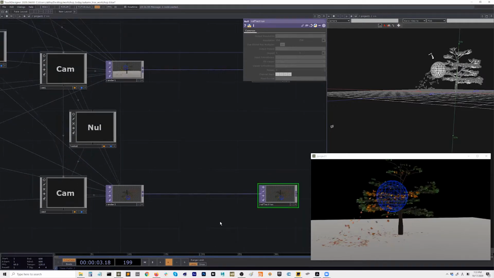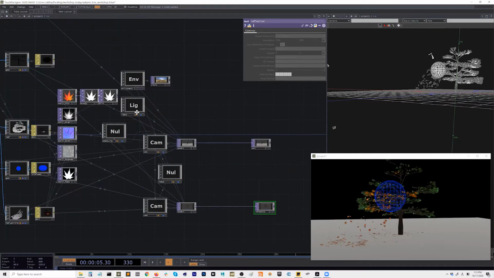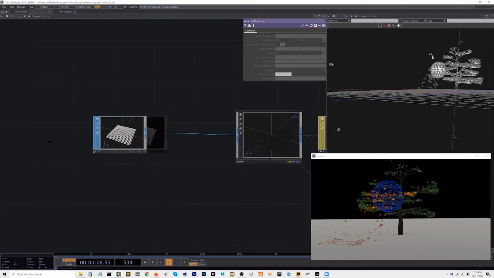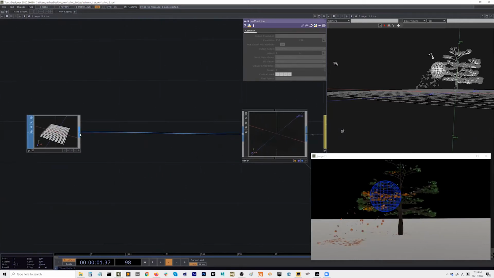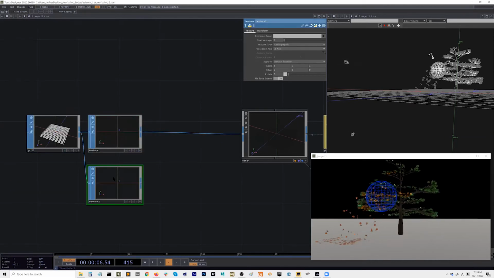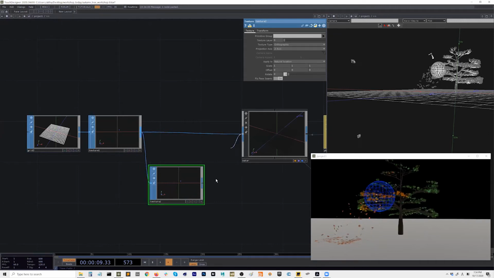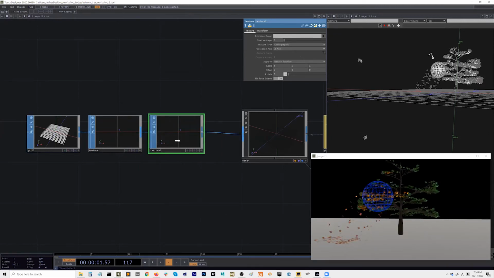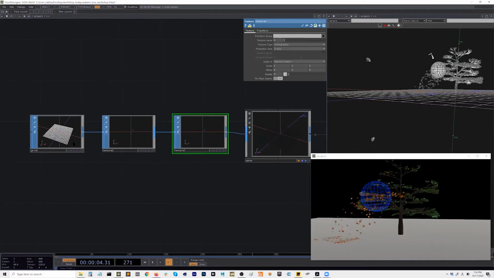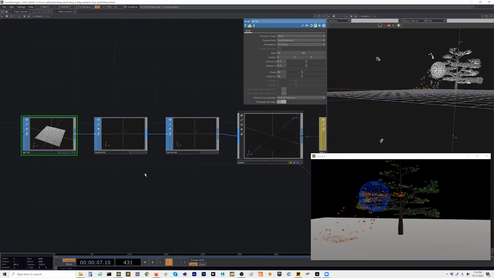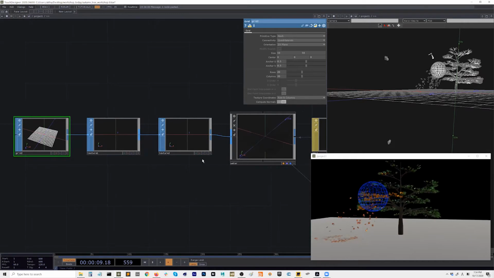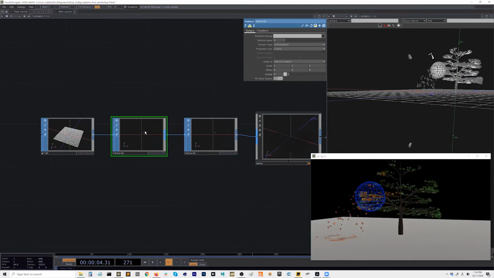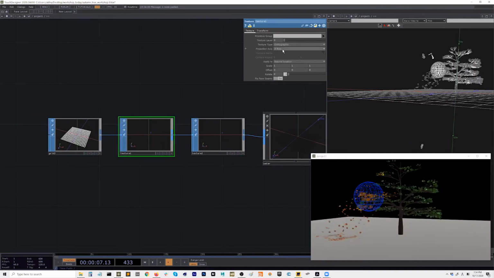Okay, and now go back to our water. We are gonna make 2 Texture SOPs. So duplicate and then plug that in. And here I do it slightly different from the YouTube tutorial. I like to make the first one orthographic Y axis.